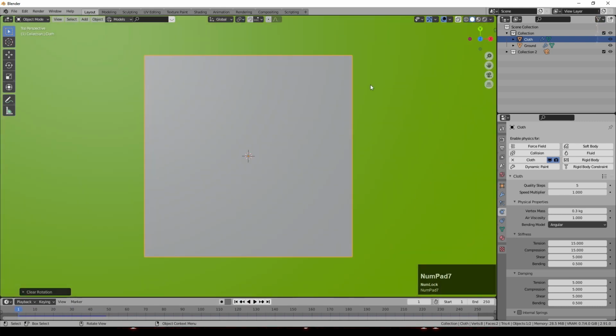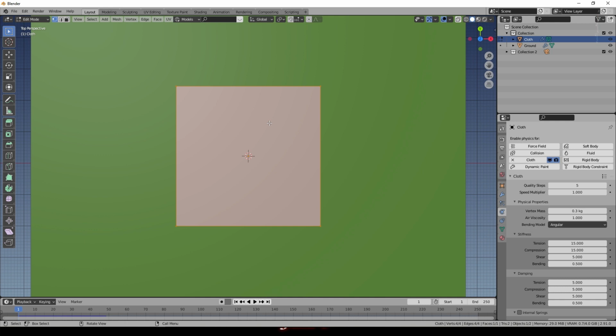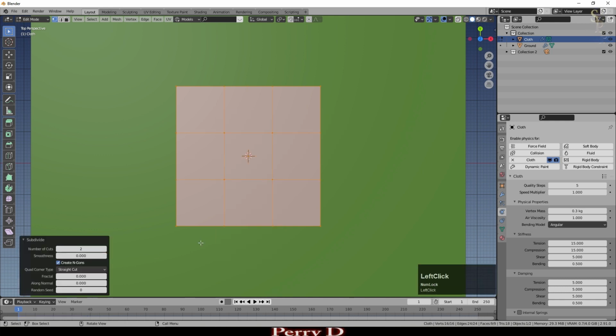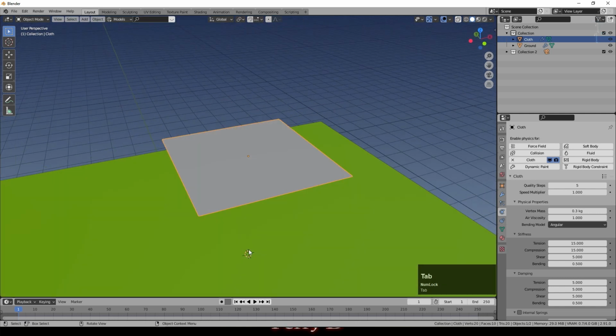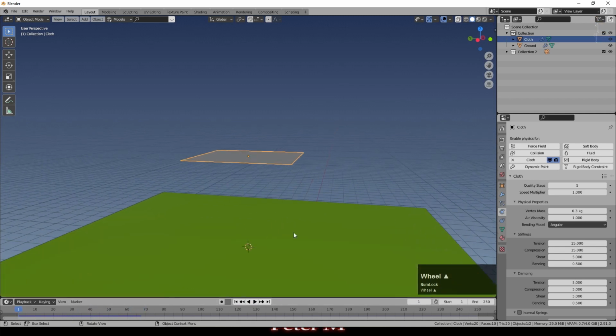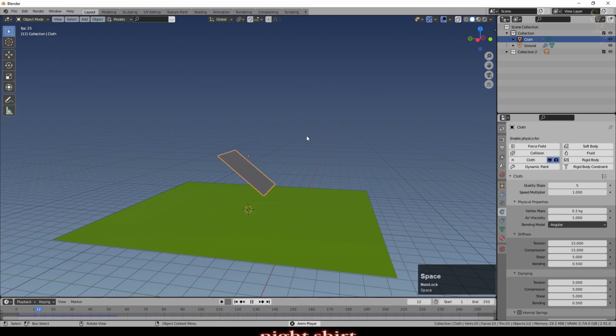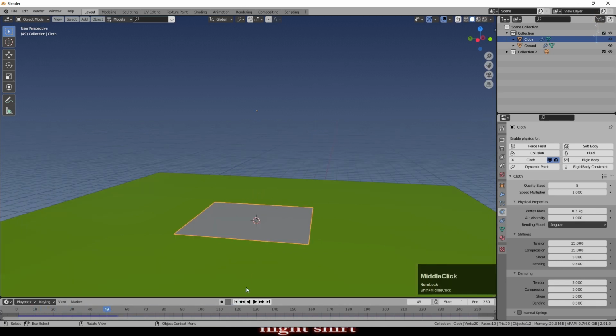And the reason for that is we need more subdivisions. The cloth simulation acts on those subdivisions. So I've gone into edit mode, right click and say subdivide. We'll just go for 2 lots of subdivision at the moment, so you can see them there. And now I'll press play and let it run again, but still we need that slight angle for us to see anything. So you can see we've got a very stiff cloth now, but you can see how this is beginning to work.